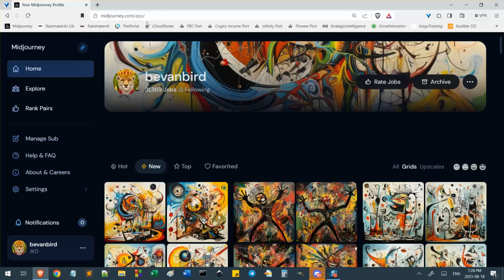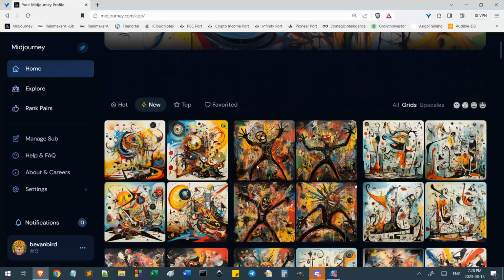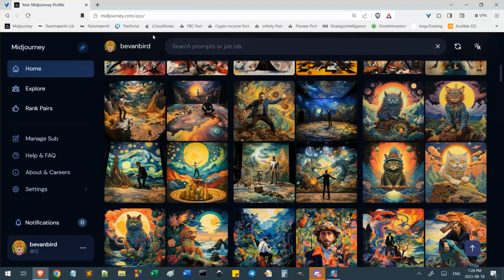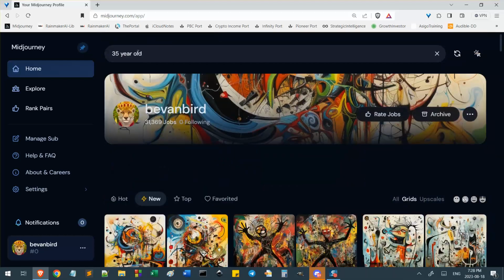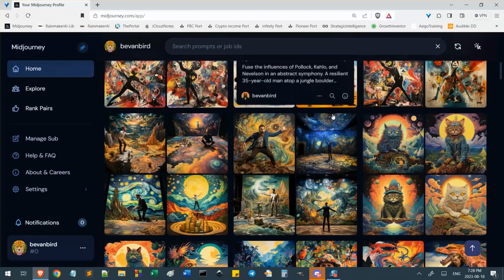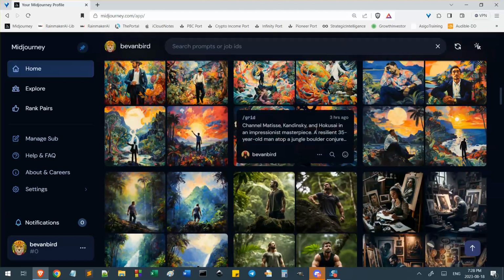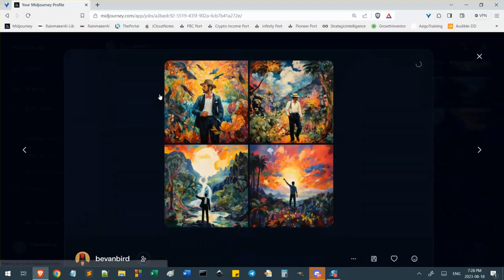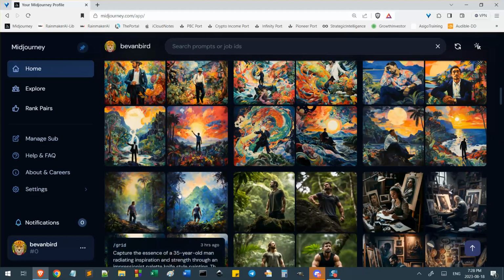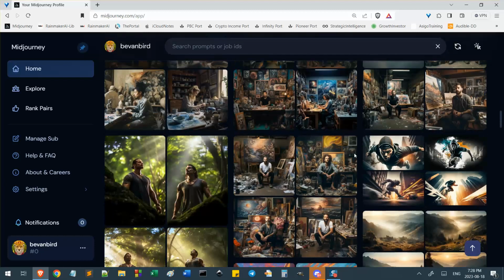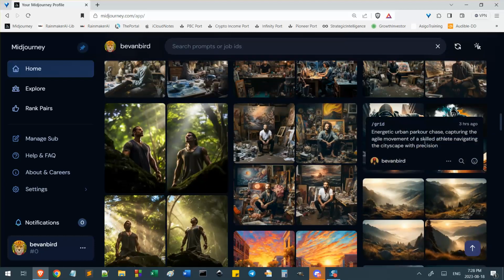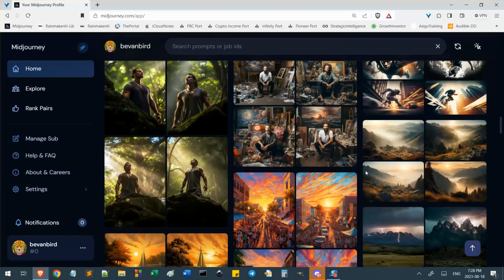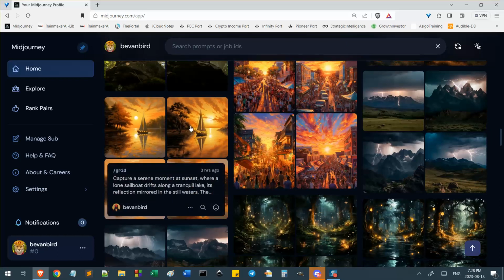In a video about this, it's worth pointing out this glitch that we can see here. I was looking at these, and it was filtered by that search that's in there, but now it isn't. That's because I clicked on one of them, looked at it, and then clicked the X, and so then we should be back on the search. But look, we're not. Look at these other things. These don't have 35 in them. It's just anything like that.